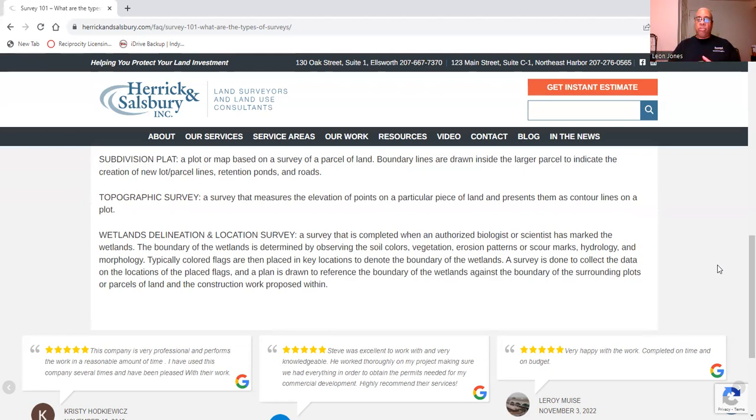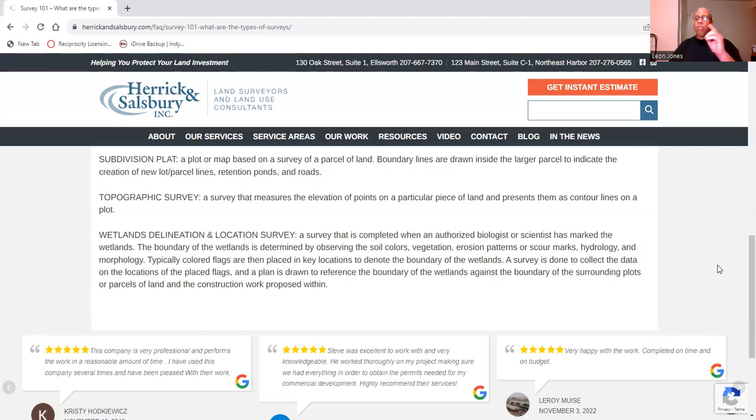Again, when we deal with a subdivision, you're basically laying out an area where they're going to be constructing lots. And when they're constructing lots, you're going to have your water and sewer, you're going to have your streets, you're going to have everything that's going to be dealing with that subdivision to make it operable.